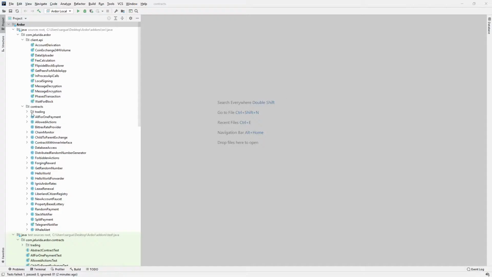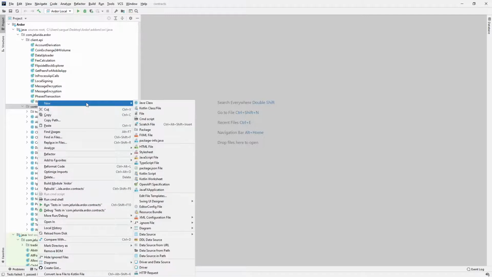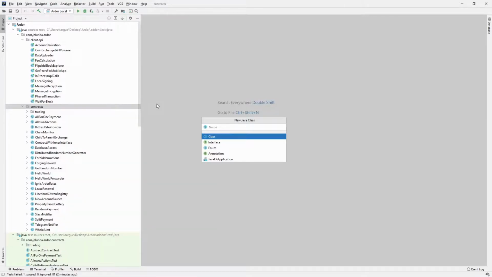Before entering into details about the lightweight contracts, let me show how to write a simple hello world contract in Java with our platform, and then I will go into the details about the lightweight contracts. So let's create a new class which will be our contract.